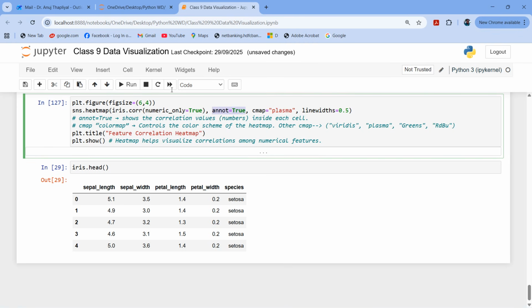Annot, here we use annot for annotate. If I make it true, it will show me the value of correlation inside the heat map. cmap is color map. I've taken plasma. Others are viridis, plasma, greens. So there are multiple combinations we have, and we can choose any one of them. Linewidth is the line width of squares. It will be 0.5. It is the distance between two squares. Okay, and finally plt.title and plt.show. So if I run this,